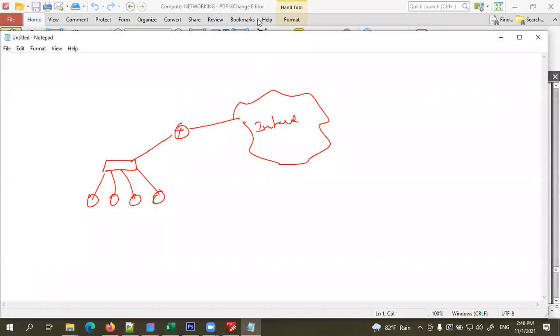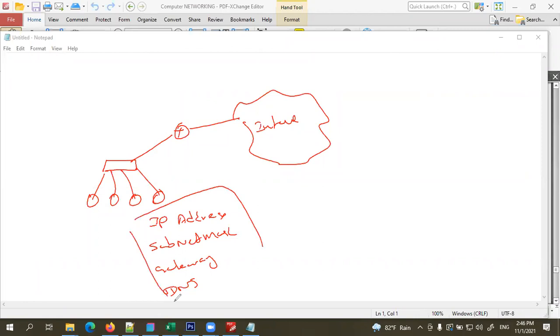We have to assign an IP address, subnet mask, gateway, and DNS. I'll explain DNS later. So these 4 configurations have to be provided to each computer to access the internet.